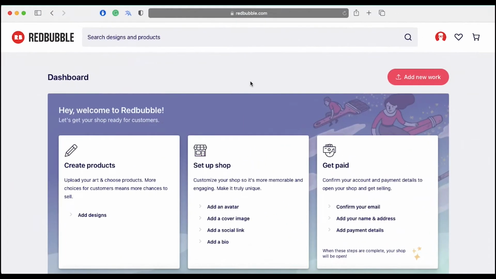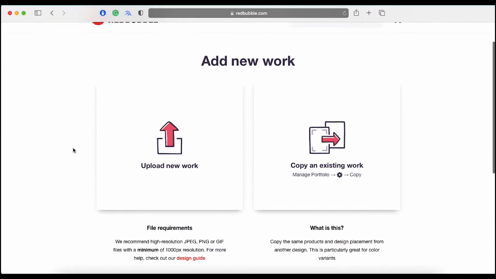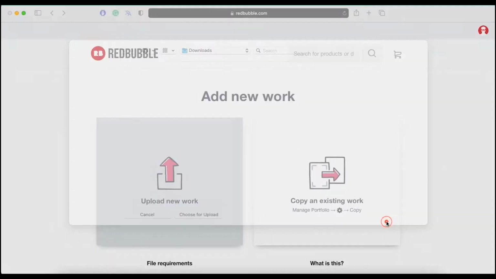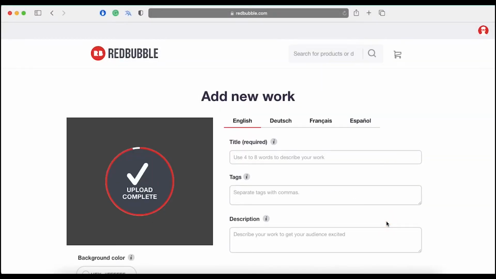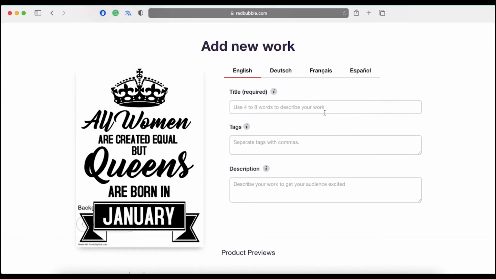Now let's look at what you need to do after creating a design. For this, you need to click on Dashboard and select Add New Work or Add Design. And it will take you to this page where you need to upload a new work. So just click on this box over here. And you can see the file requirements that are mentioned over here underneath. So when you click on this, it will take you to your browser. Just select the image that you have created and it will take you to this page where it will first process your uploading. Once the upload is complete, you can see your design on the left side, and on the